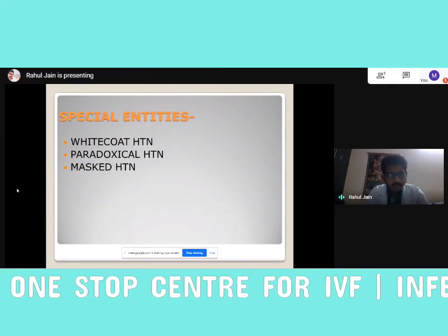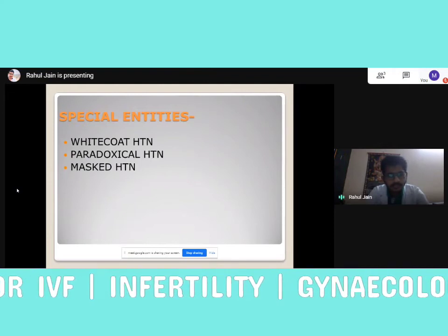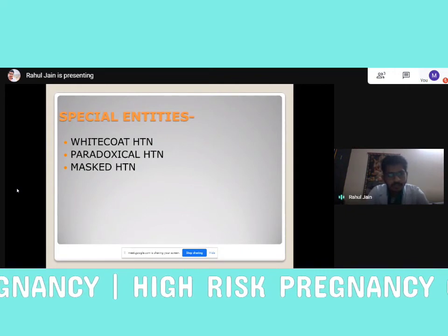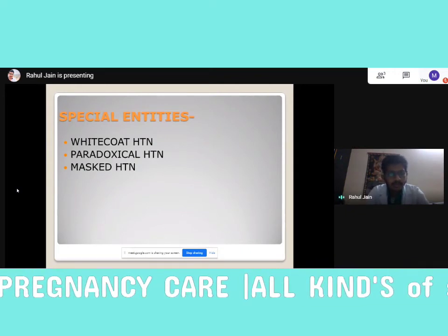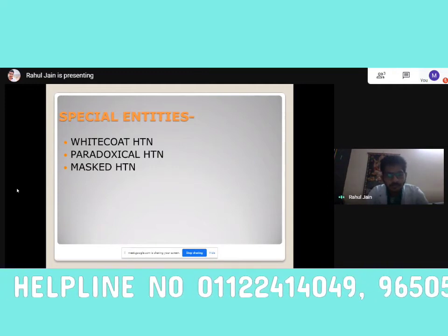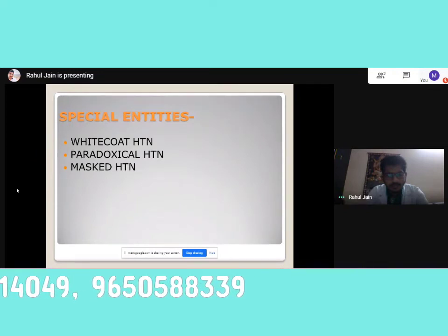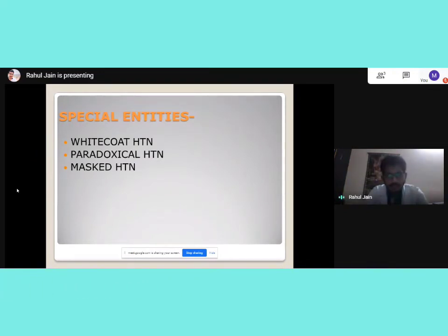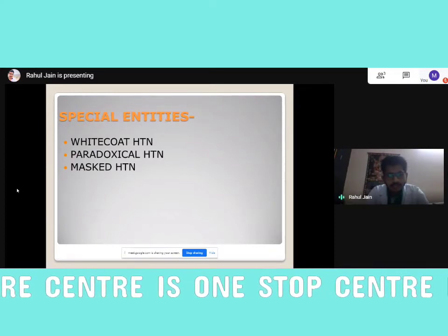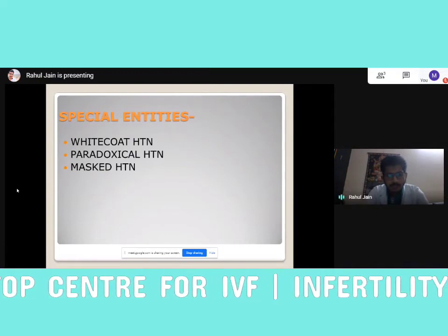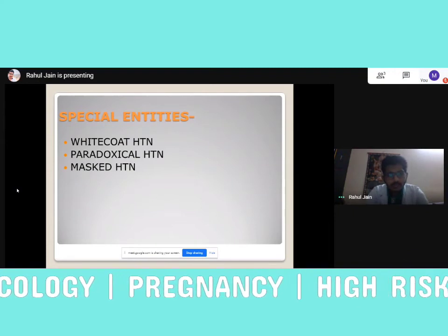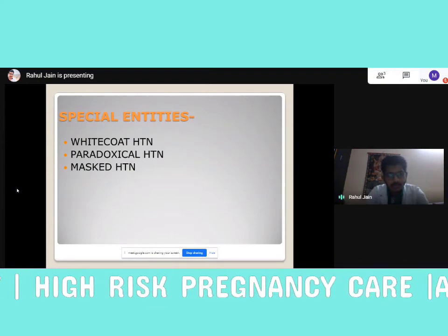So yes, there are some few extra points, some special points in primary hypertension. The first is white coat hypertension. This is a special type of hypertension which only occurs in hospitals. The moment the patient sees the doctor and the intervention, it will appear to be higher, but actually at home it will be lower. It is usually because of anxiety, and the patient anticipating that the blood pressure will come higher. So the patient should always be made comfortable, should have been sitting for the last 2 minutes, and should be calm to avoid this mistake of white coat hypertension.